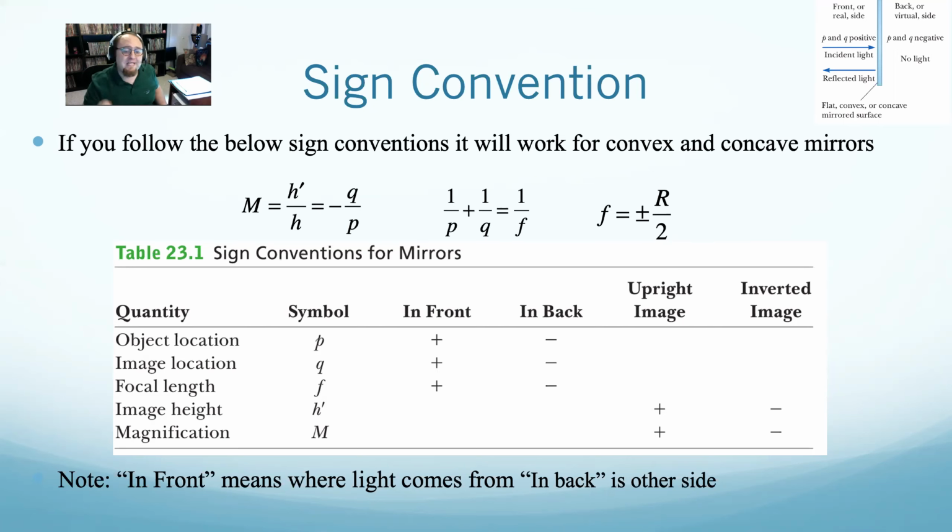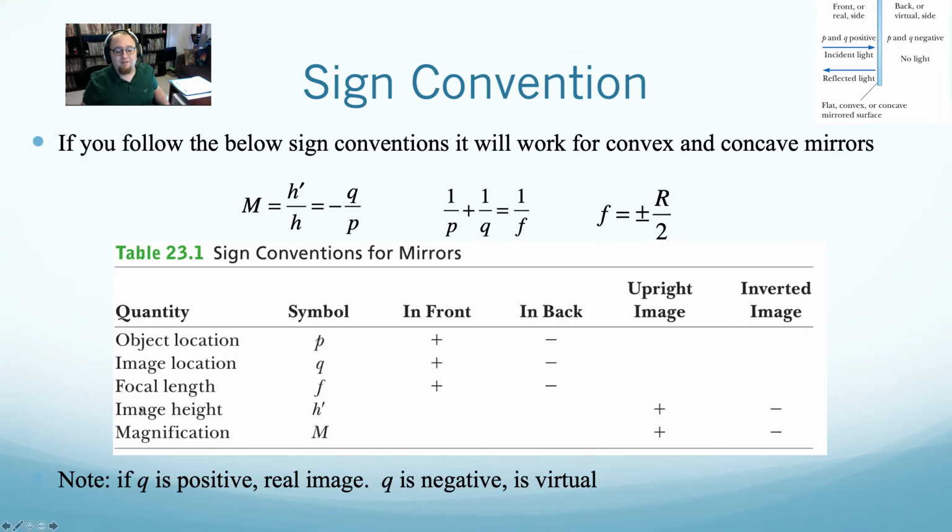If p is positive, that means it's in front of the mirror. It should always be positive. q will sometimes be positive. q will sometimes be negative. If q is positive, it is a real image and exists on the same side of the mirror as the object. If q is negative, it is a virtual image and will be, you can't focus it on a screen, but it just means on the opposite side of the mirror as the